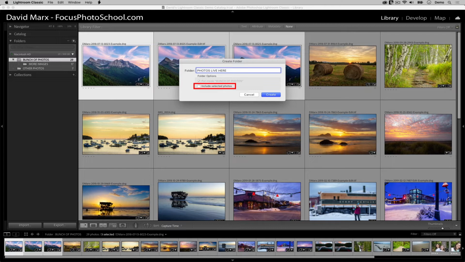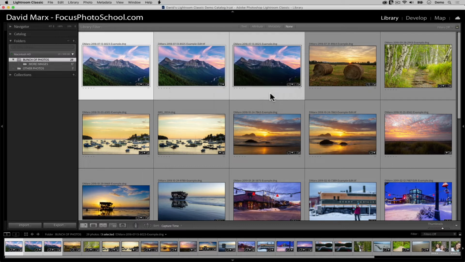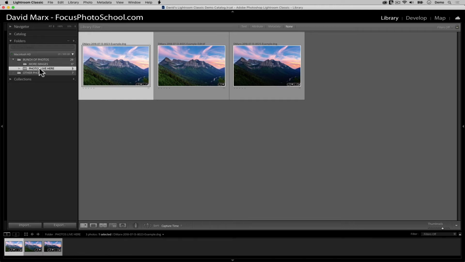Finally, I can enable this little switch here, the one that says Include Selected Photos. Enabling this option tells Lightroom to create this new subfolder and then to move the currently selected images into the new folder as well. Bam, that was easy. And this command is really useful if you decide that creating additional folders or subfolders will help with your file